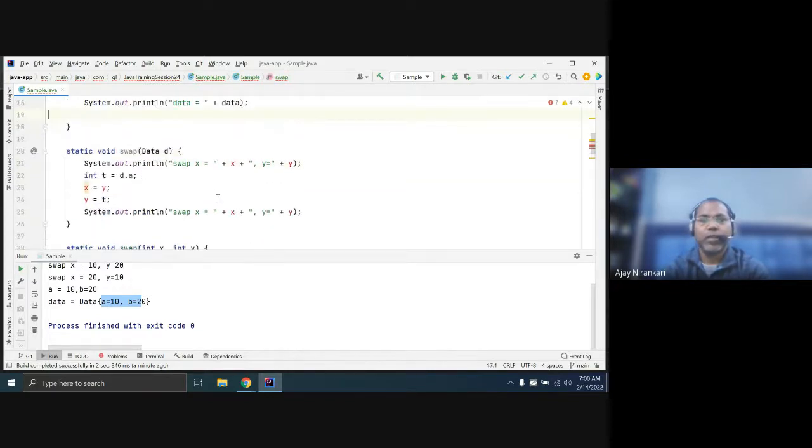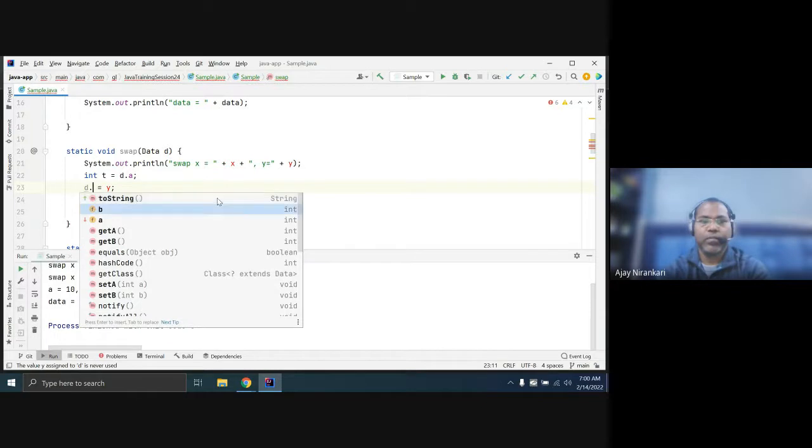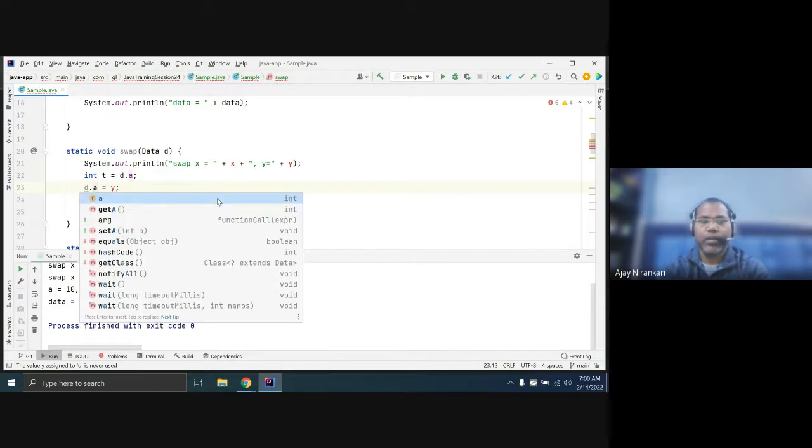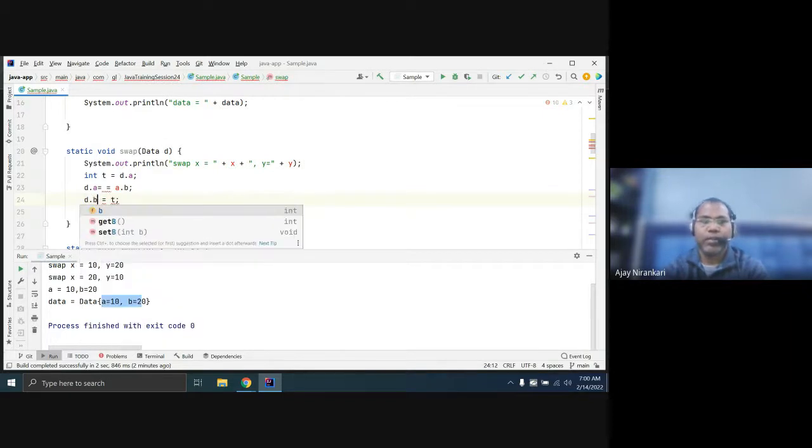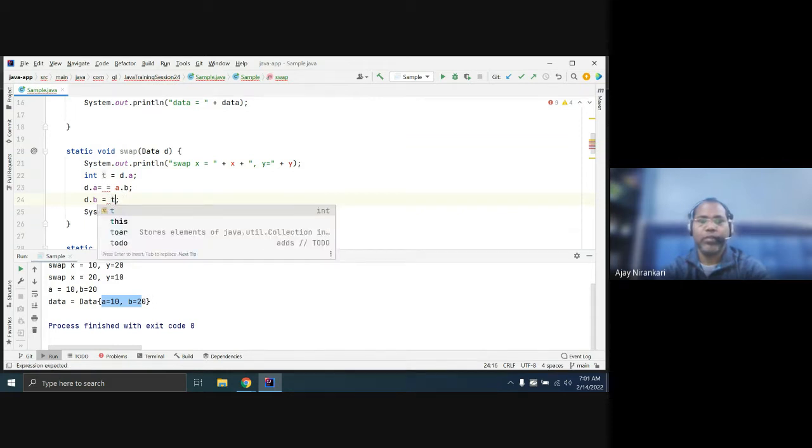So here I'm just saying data dot a equal to data dot b, and here data dot b equal to data dot temp, whatever you have.